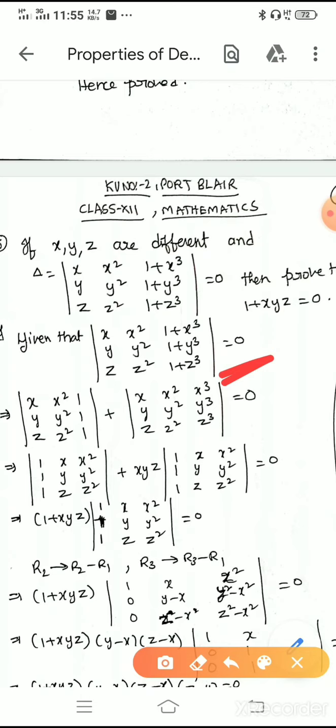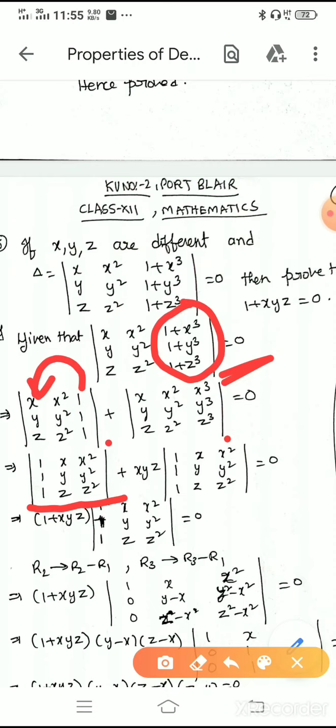Then after that, towards the third column, split the determinant into two determinants. By changing columns twice, we get this determinant. That means the first column will be shifted to the first position, then xyz will come here, and that xyz will be shifted to here. That means a double jump happened, and minus of minus will be plus.